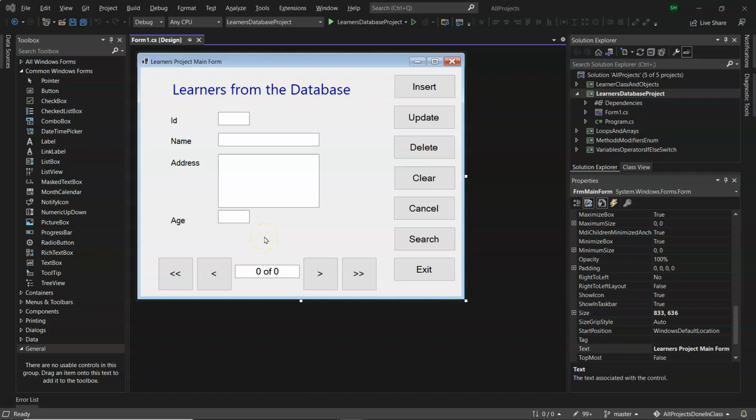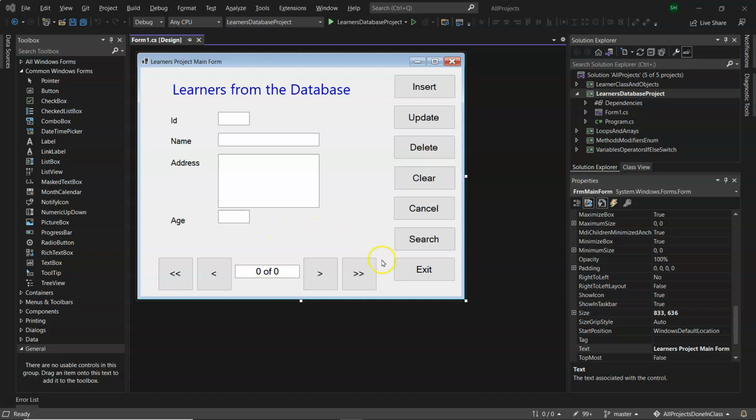In this series of videos, I'm showing you how to read from and write to a SQL Server database from C# using all code and not using any of the drag and drop wizards. And now in this video, I want to show you how to start writing the code. But first of all, I want to explain with a class diagram what all the code files are going to